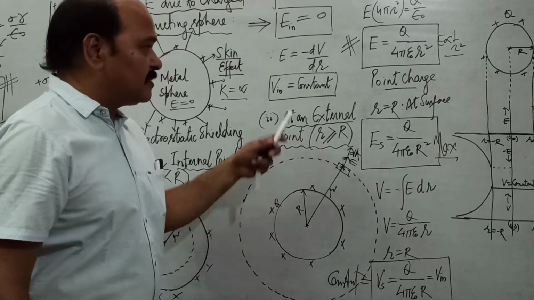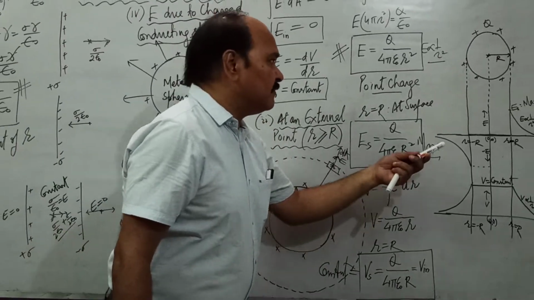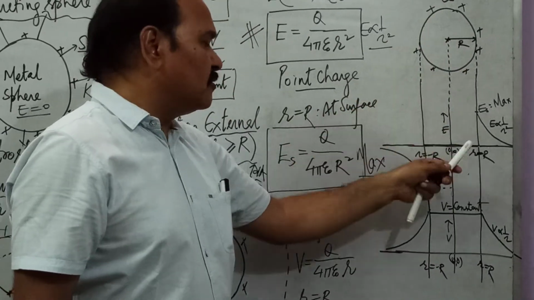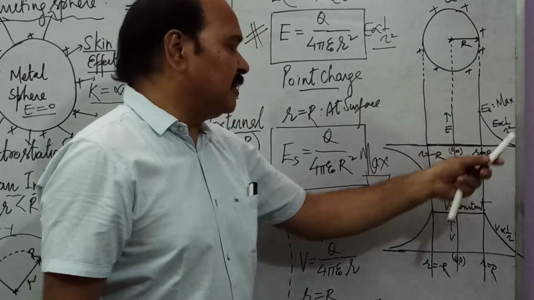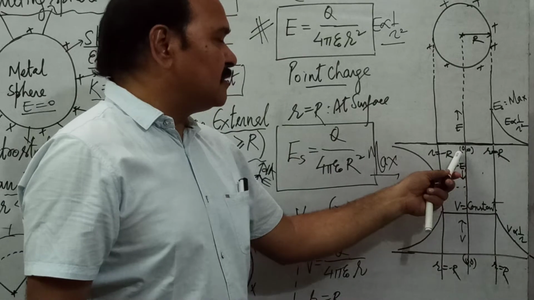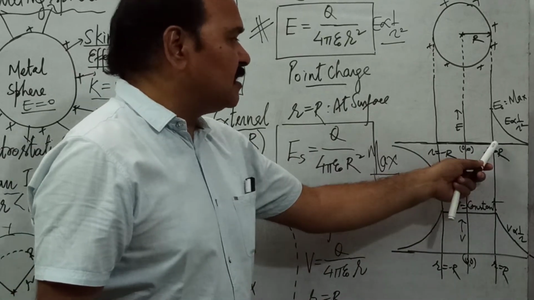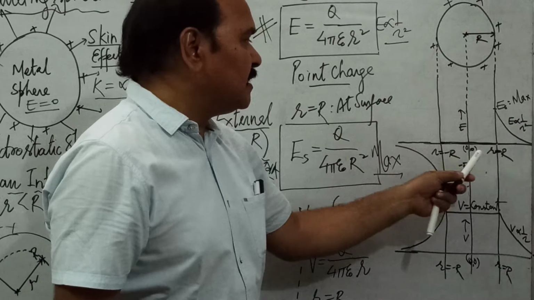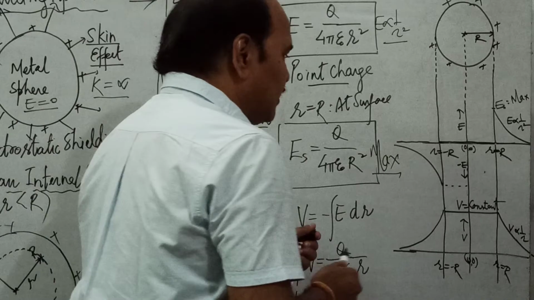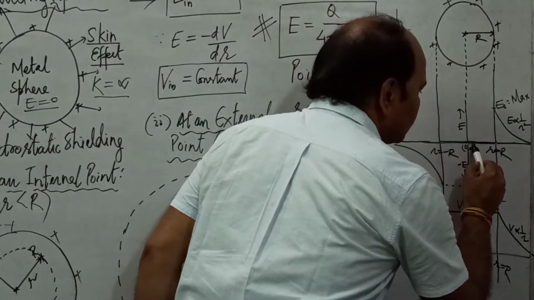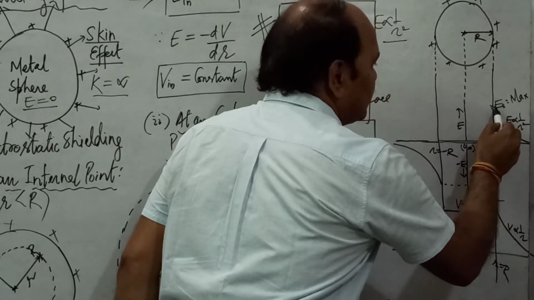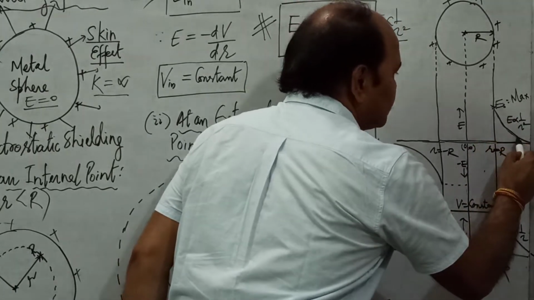And if we plot these variations of E and V graphically, we get a plot like this. This is the spherical conductor, just made to show where we are as we move from here to infinity. So this is the E axis, this is distance on one side from the center, this is distance on the other side of the center. At this point we reach the surface of the sphere, right side, and at this point we reach the surface of the sphere, other side. So what is the electric intensity throughout inside? 0. Over the surface the value is what? Maximum, and thereafter it decreases inversely with the square of distance.